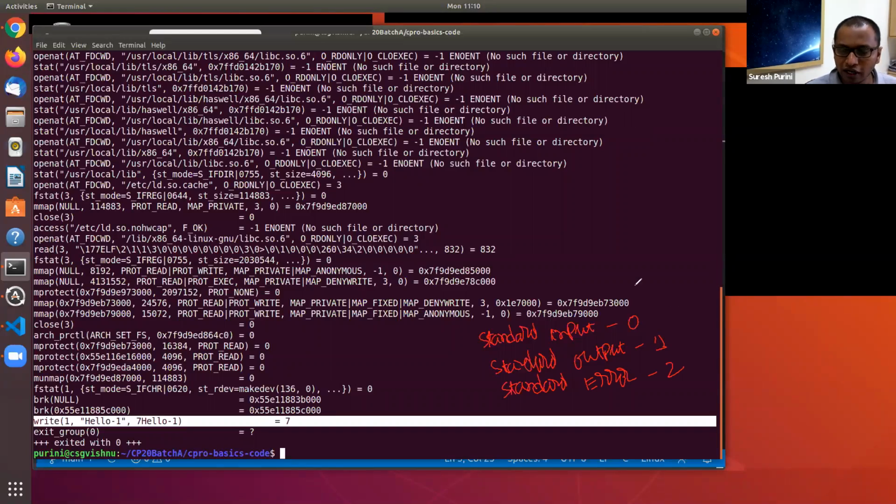These are called descriptor numbers. Let's not worry about them. But broadly speaking, this one is nothing but what is called standard output.